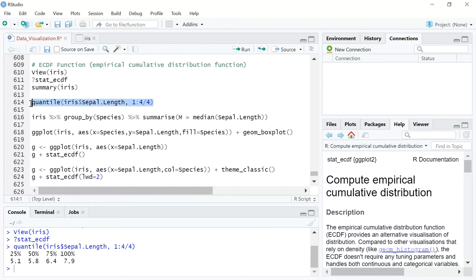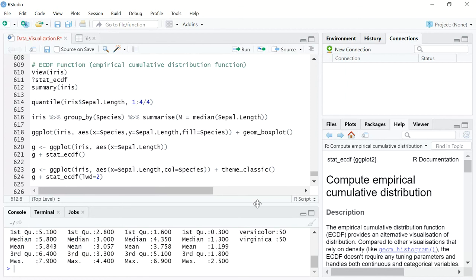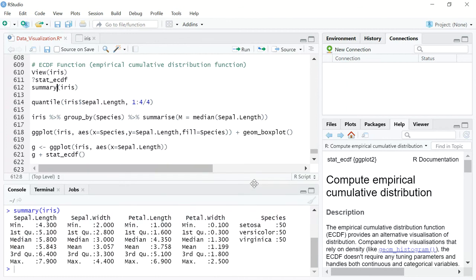I just wanted to show you the quantile function because this is also something that is interesting. There's also something called summary, right? If you want to quickly look at a summary of a data set with numerical columns, I mean, if you want a quick version of a box plot, you can look at this. It gives you the min and max of every numerical column, and it will give you the first quartile, median, mean, and the third quartile. So you can see how you can have a very quick box-plot-ish kind of view with summary.